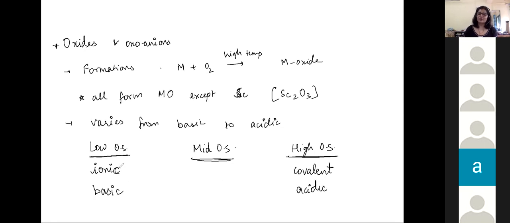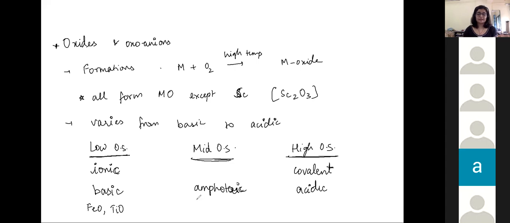Okay, so low oxidation state oxides show a basic character. So your FeO, TiO, all the oxides of the form MO are going to show basic nature, and the medium oxidation state is going to show amphoteric nature. Depending on what their company is, whether it's an acid or a base, they can swing either way. So they show basic character as well as acidic character.